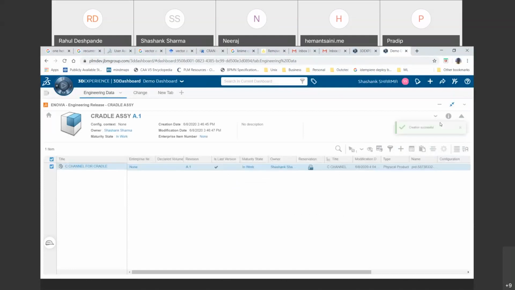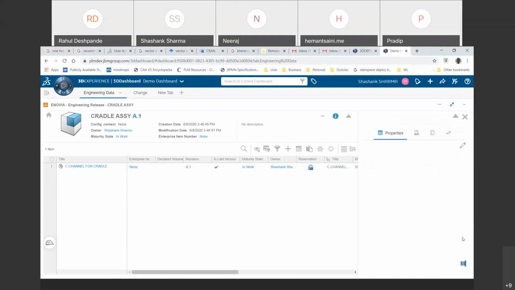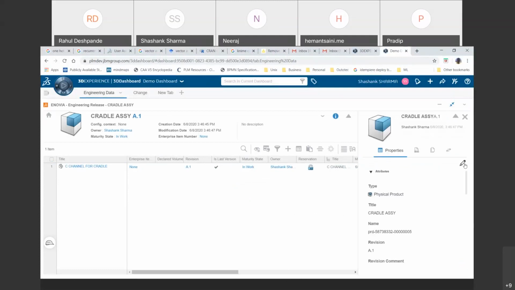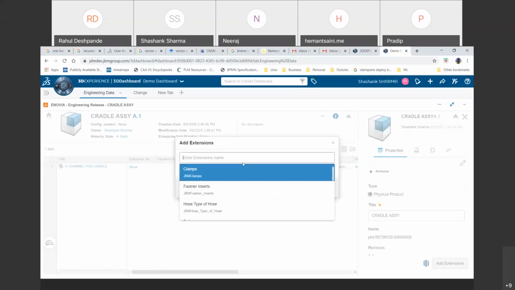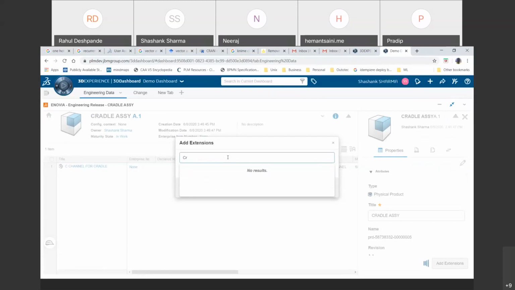Okay. Now, for me to get the part number for the Cradle assembly, I click on the eye here. I ensure that this is object. I click on the eye here, click on the pencil, and say add extension. Okay. Let me see if I have the Cradle assembly. No, I don't have.